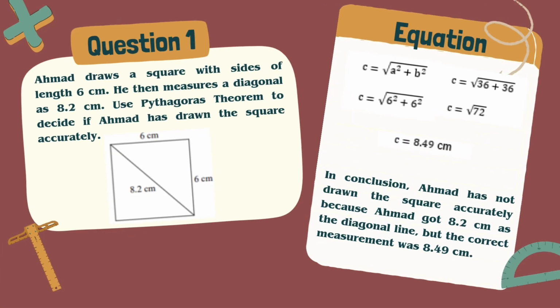In question 1, it asks if Ahmad drew the square accurately. From the image, it stated that by using side length of 6 cm, Ahmad measured 8.2 cm diagonal line. To see if Ahmad is right, we calculated the diagonal line using Pythagoras theorem and got 8.49 cm. So, in conclusion, Ahmad has not drawn the square accurately because 8.2 centimeter is not the correct measurement of the